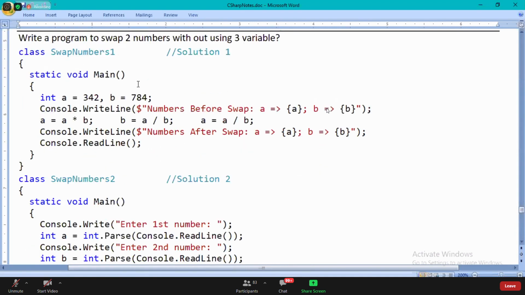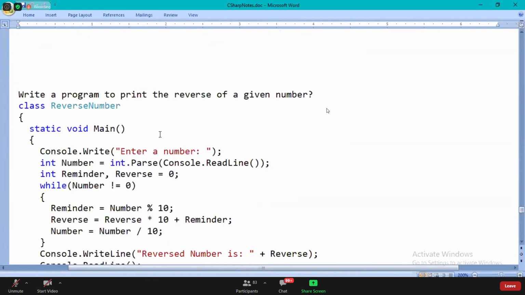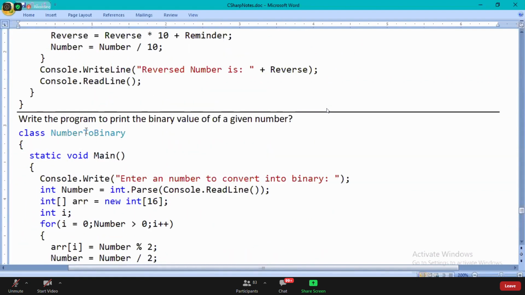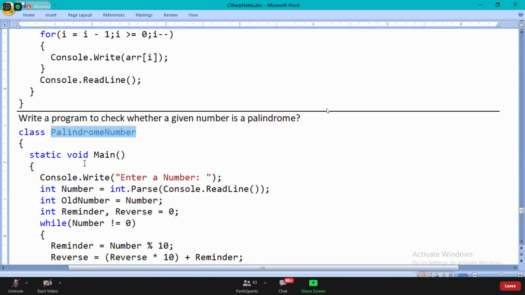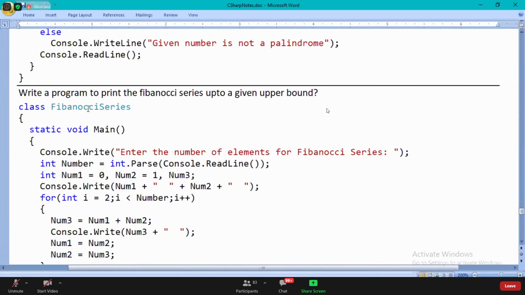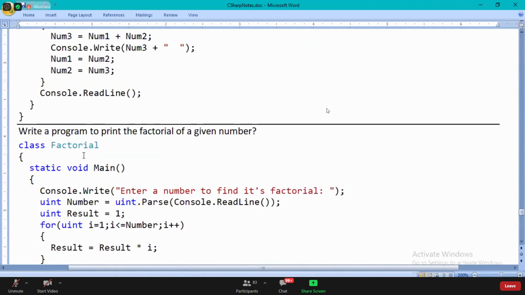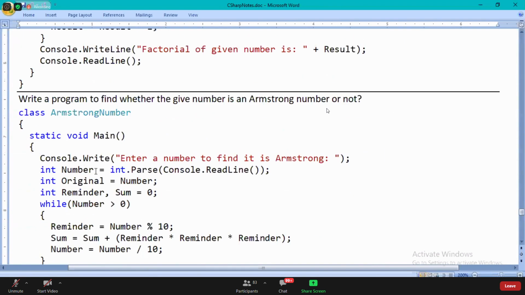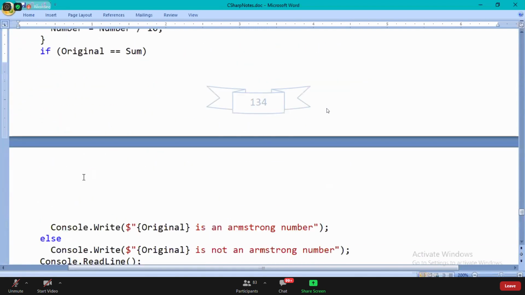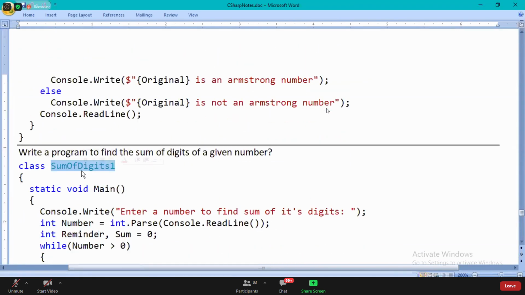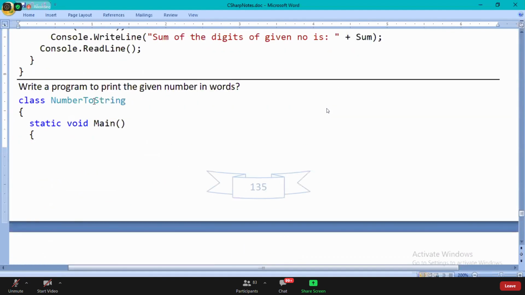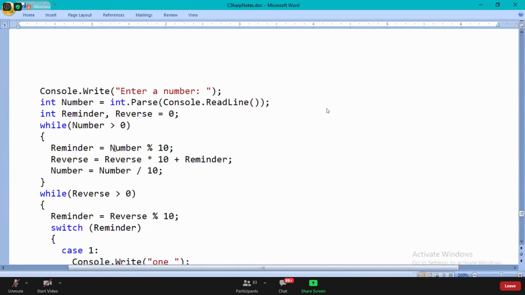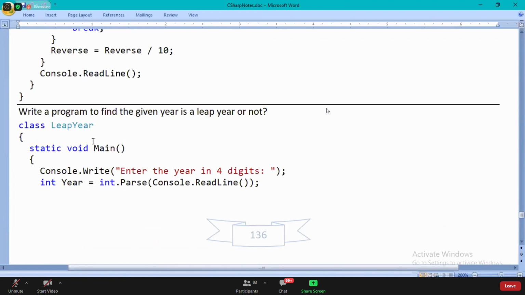Swapping two numbers in different ways, how to reverse a number, how to convert a number to binary, palindrome number, Fibonacci series, factorial, Armstrong number, sum of digits, how to convert a number to string, how to find out whether a year is a leap year or not,